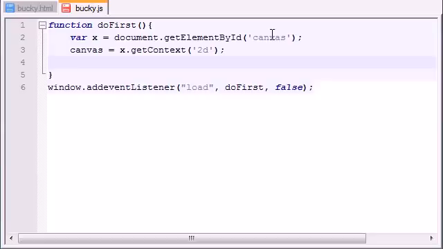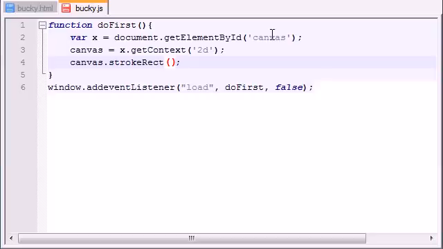So in order to draw on your canvas, you just go ahead and reference your canvas like that, and there are different functions for drawing different shapes. I'm going to show you how to draw a really simple rectangle. strokeRect. Now what this does is it draws the outline of a rectangle, and it takes 4